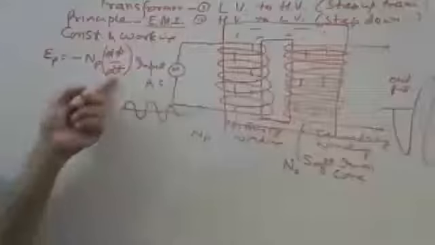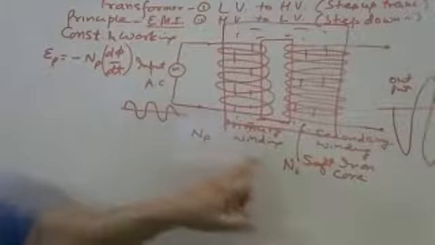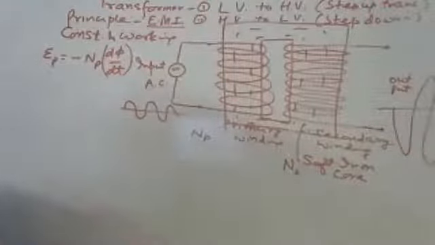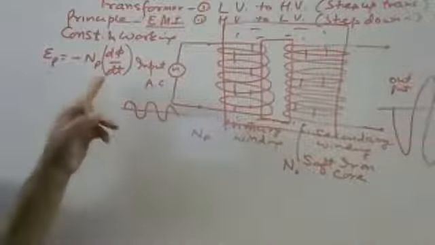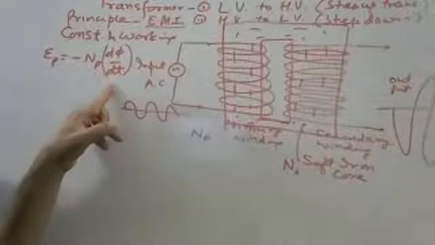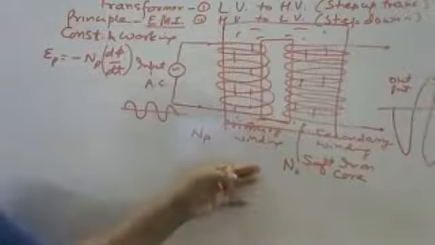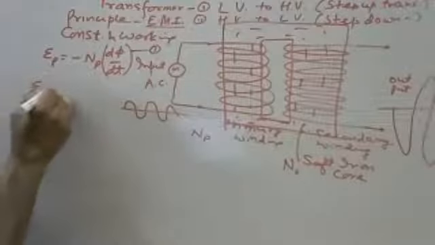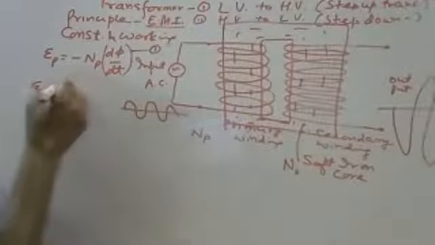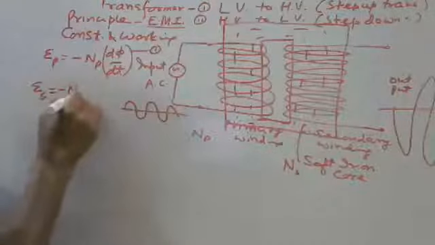Suppose there is no loss of flux linkage, so there is no leakage here, or leakage is negligible, because they use a soft iron core. So almost all the lines of force are linking. So flux is changing, and the rate of change of flux linkage in the primary is the same as in the secondary also. So you can say this is equation 1, and what is equation 2? Yes, it means the voltage developed in the secondary. It is given by minus, as per Lenz law, NS d phi by dt.